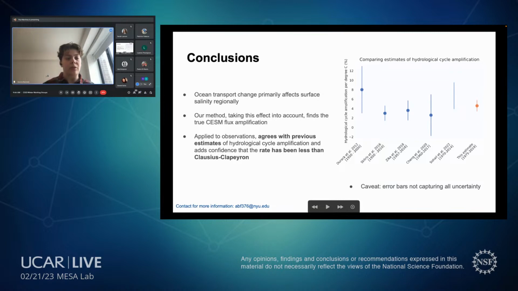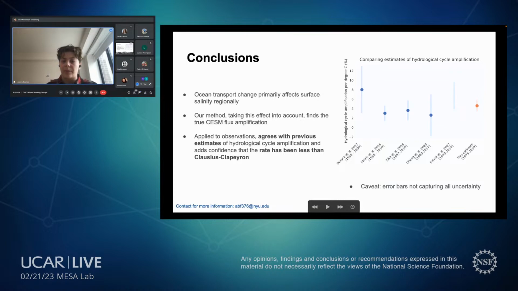So I'm just going to conclude here. Ocean transport change is primarily affecting surface salinity regionally. We came up with a method that takes this effect into account, and we tested it on CESM model data, and we found that we were able to find the true amplification in this model data. And then we applied it to observations, and we found that it agrees with many of the previous estimates of